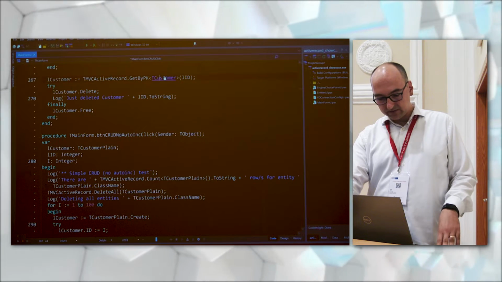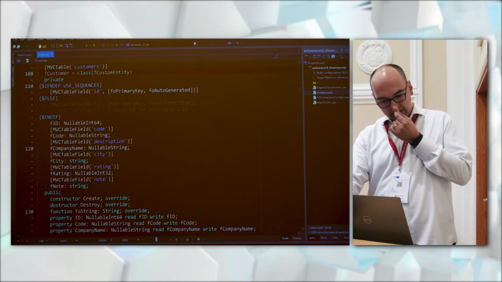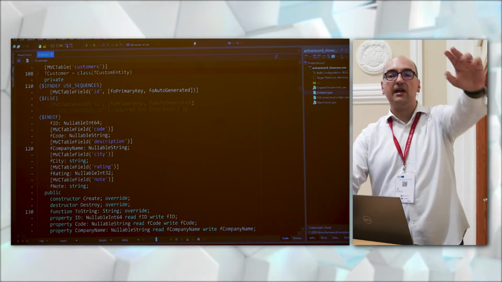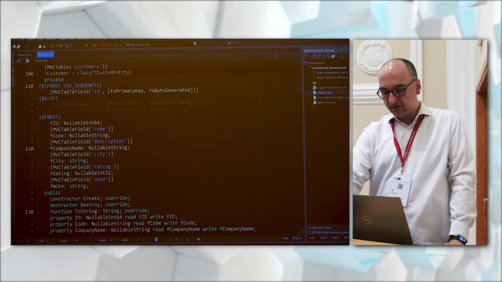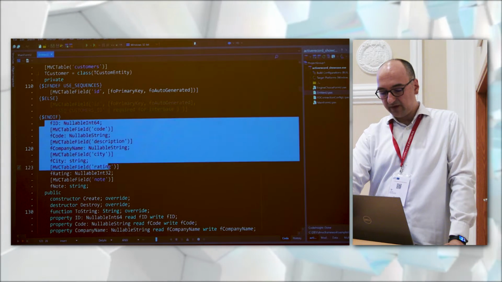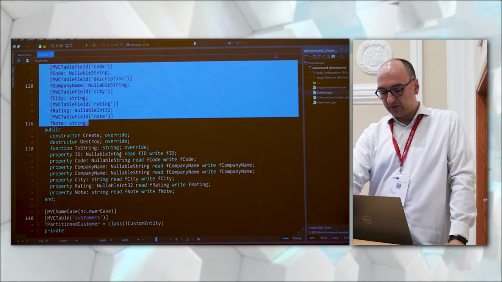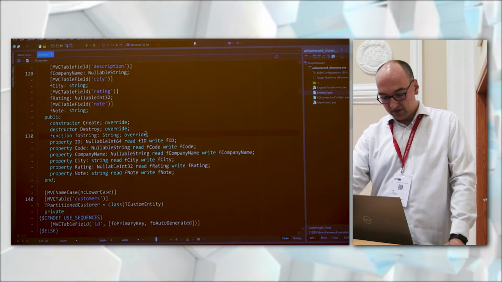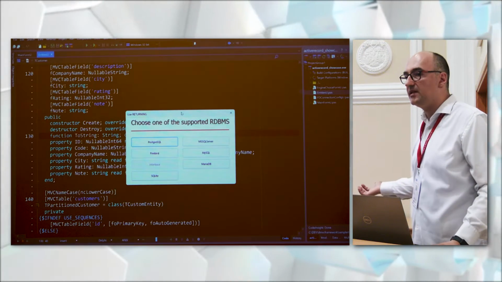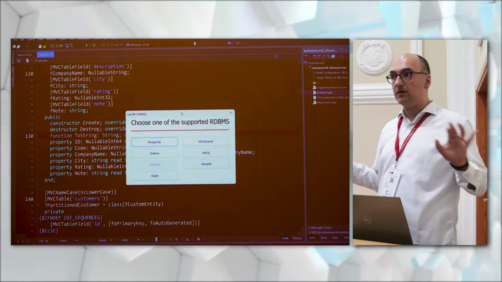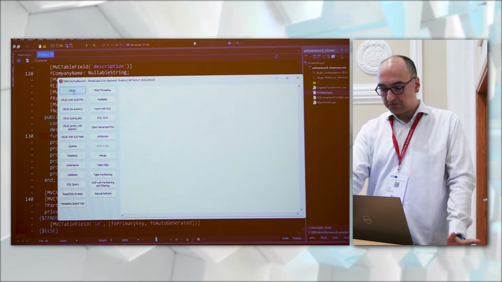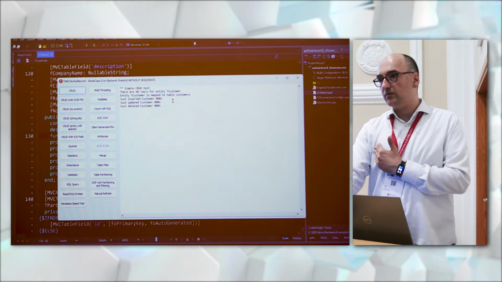What about the declaration? This is more or less what we see in the slide. This is the test for all kinds of databases, if there are sequences, if you don't have a way to increment. But the declaration is really the same. This class is mapped on the customer table. This is the mapping for the field, and that's it. There are the nullables and so on. So let's see this stuff working. We can choose one of the databases. The code is the same, really the same. Just pick, for example, Firebird, and then CRUD. That's it. The code is what we saw before.